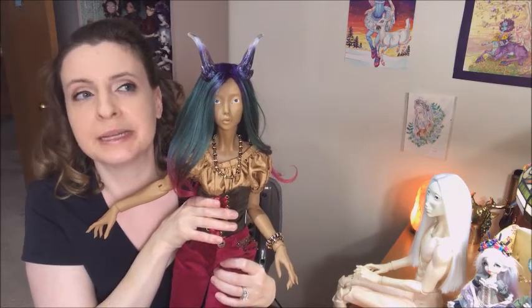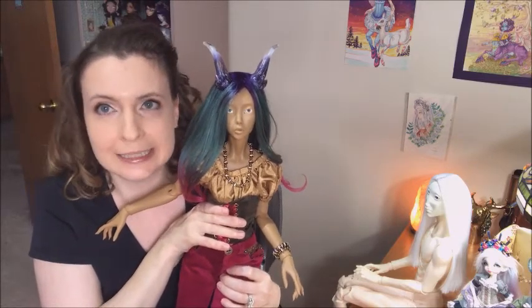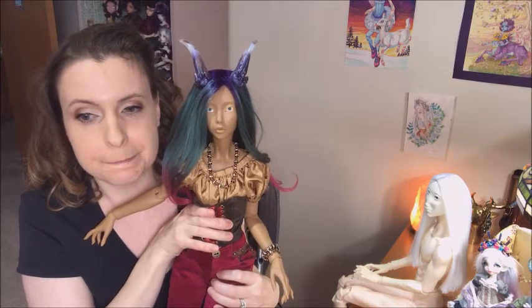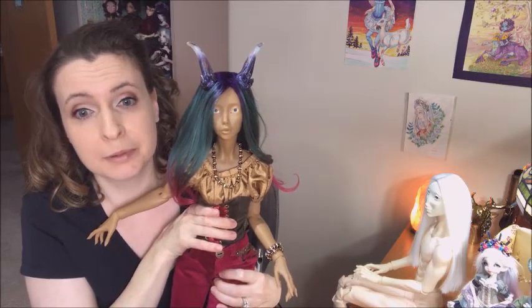And I knew the elastic was old and needed to be replaced, and it didn't matter how much I tightened it, I might as well have just been trying to restring her with yarn. There was no stretch left in this elastic. And then I remembered, I really didn't want to put white elastic in her, ugh. But I remembered that